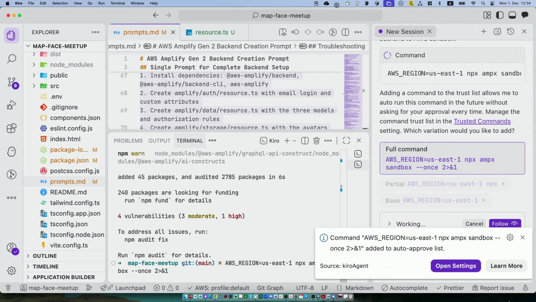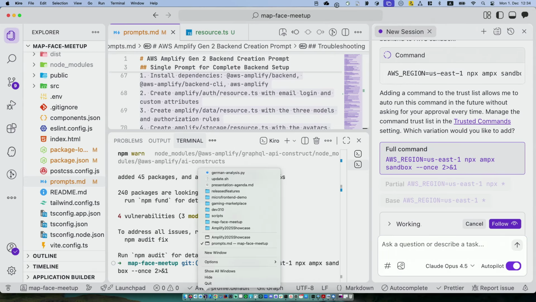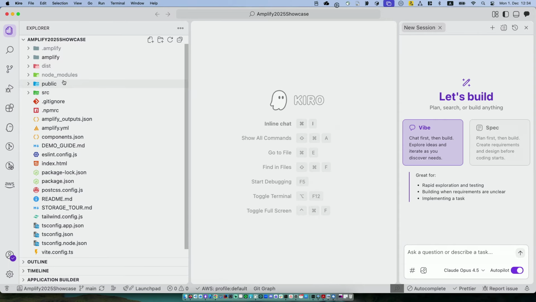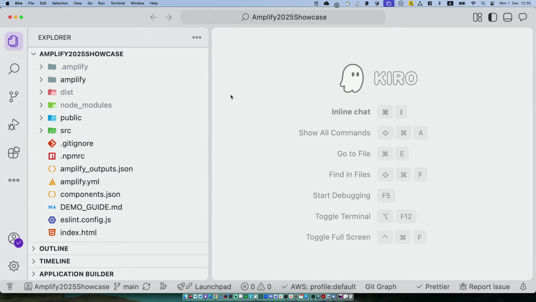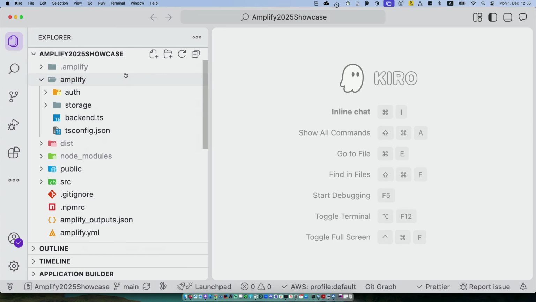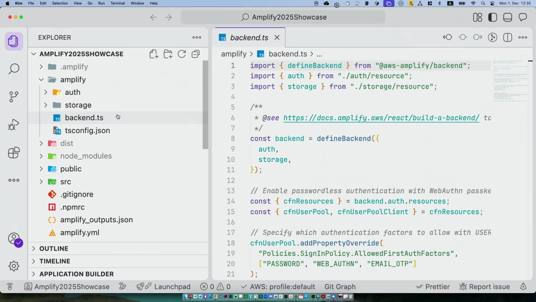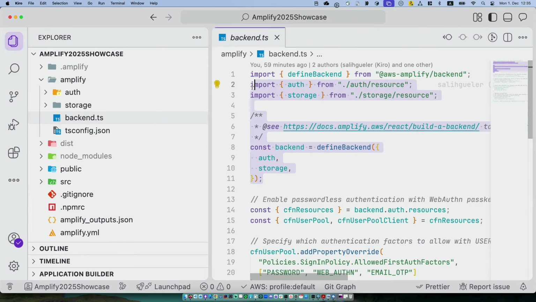I will say, I trust you, you can do this thing. And I will go back. So for building an Amplify application, when this is bigger, it's more visible. For building an Amplify application, you have to initialize the app by saying npm create amplify. And this will create this amplify folder that you see here. From the Amplify perspective, the most important one is the backend.ts file that we have here. The backend.ts file keeps the infrastructure information that you need about Amplify or overall AWS.